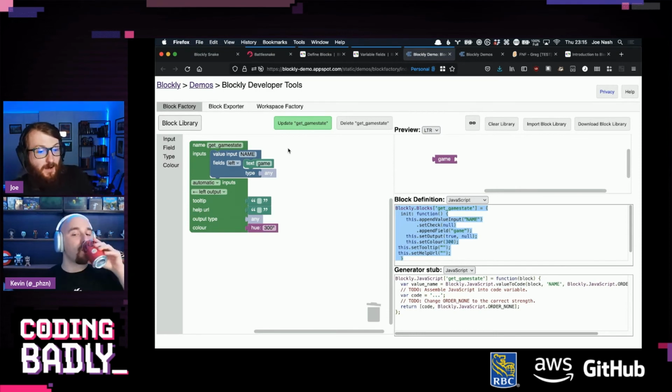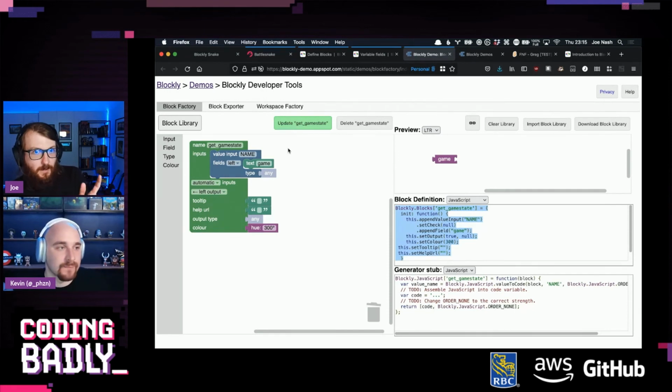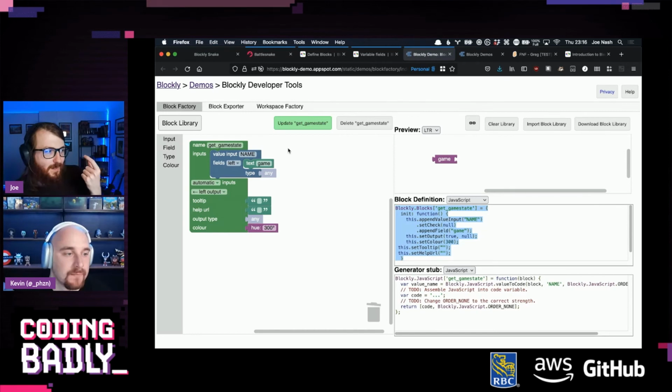But I think we need to be more specific, Matt, because a lot of the properties in game state will themselves be objects. So we need a block which takes a variable name and a property name and looks at that property in that variable, and then we can nest those so we can keep digging down into it.